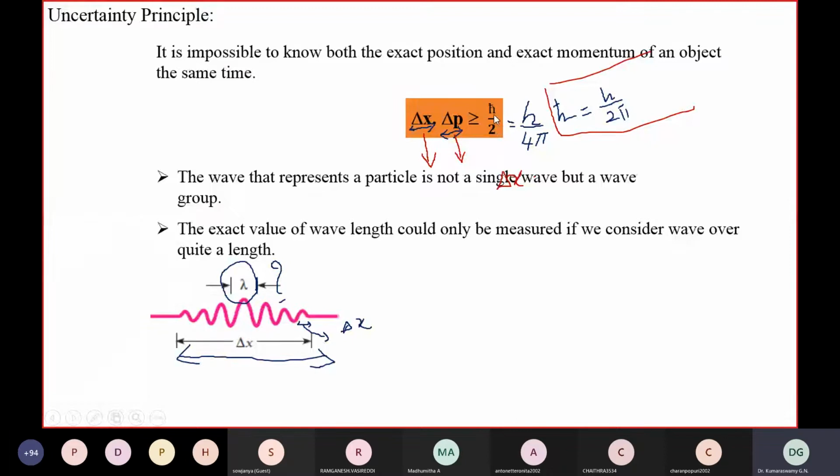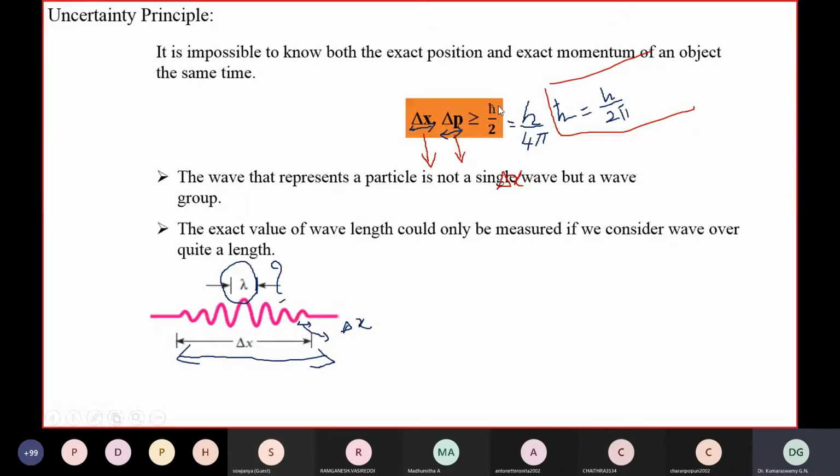Here, what happens if we try to reduce the uncertainty in momentum, that means if we try to increase the precision in momentum as much as possible? If we increase the precision in momentum, then delta p would reduce. When delta p reduces, delta x will automatically increase. So their product will always be greater than or equal to h cross by 2. We cannot bring it less than h cross by 2.